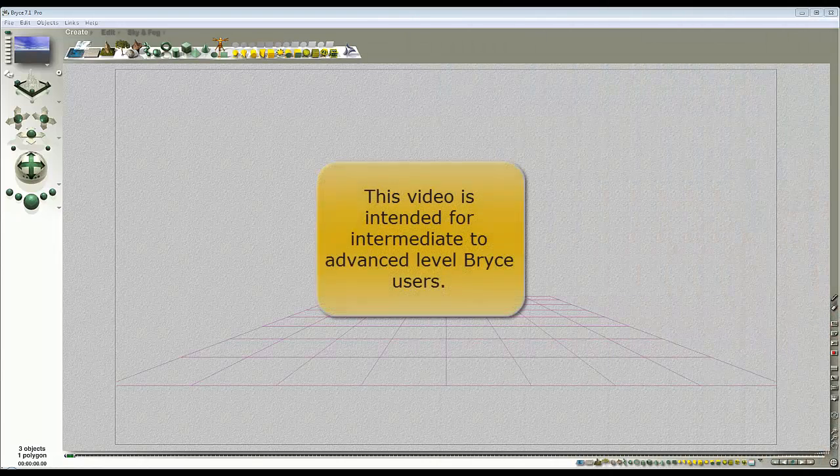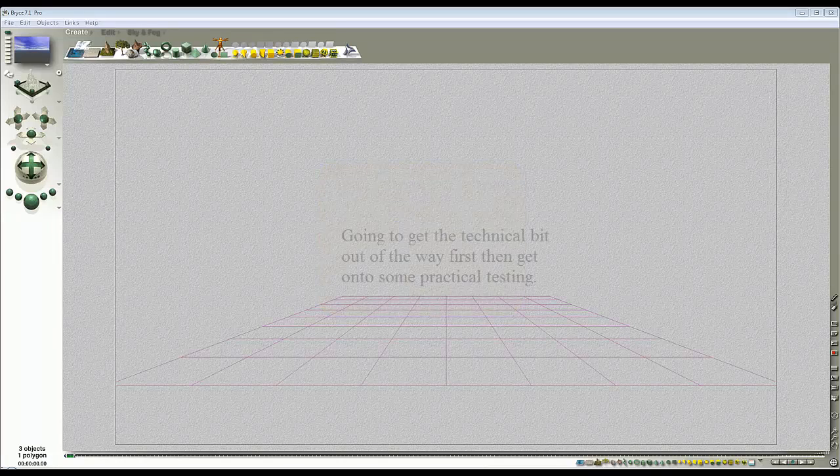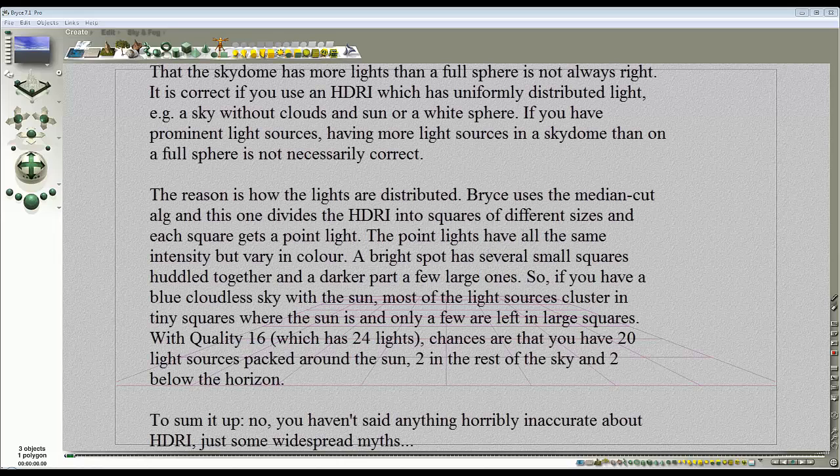So it's HDRI theory time again. Horo was kind enough to watch my videos about using the Bryce sky as a HDRI, and although he said I hadn't said anything horribly inaccurate, I had not entirely provided you with something that was necessarily correct in all cases, because of the way that Bryce uses, I'll read it from his email, Bryce uses a median cut algorithm,